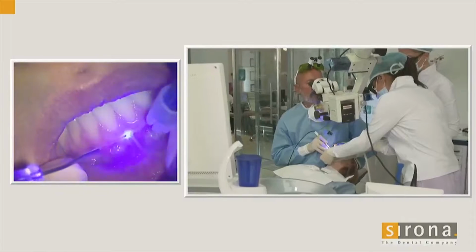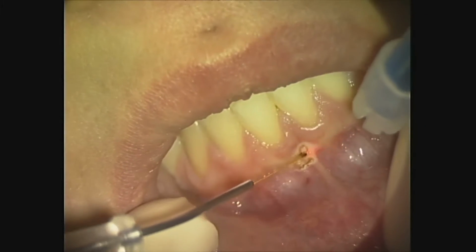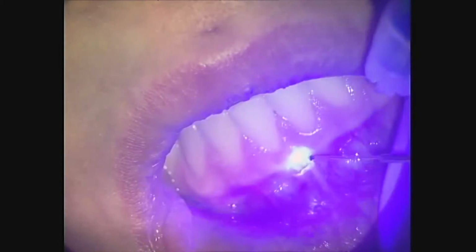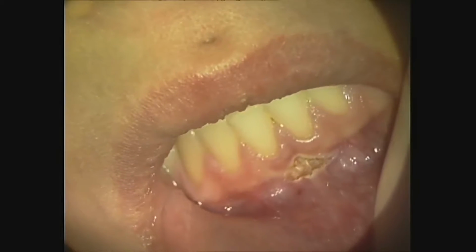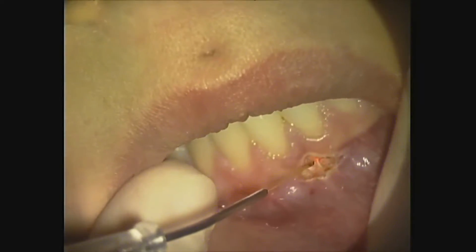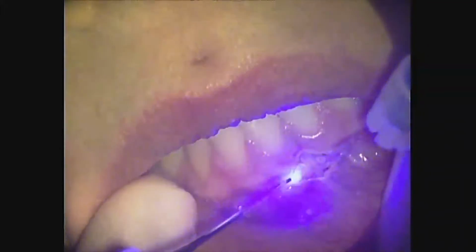Uno, due, three, four. I change the side. 5, 6. This to the gauze clean. 7, 8, 9,